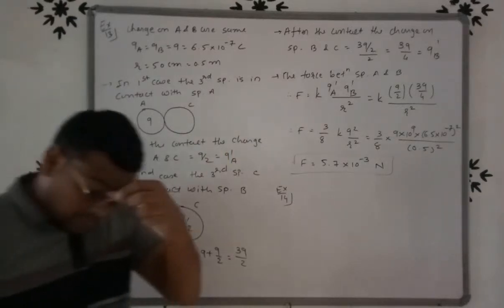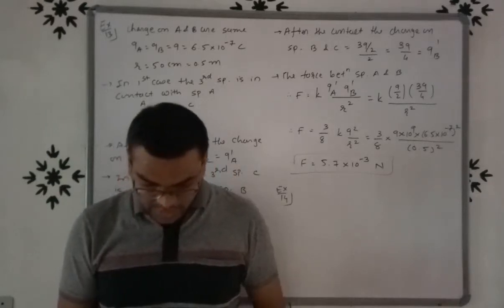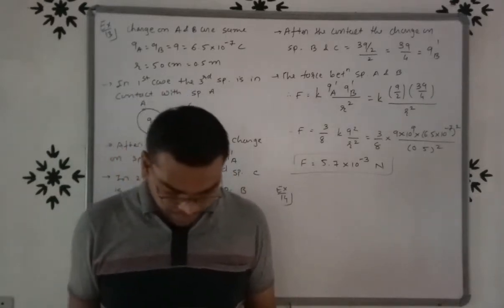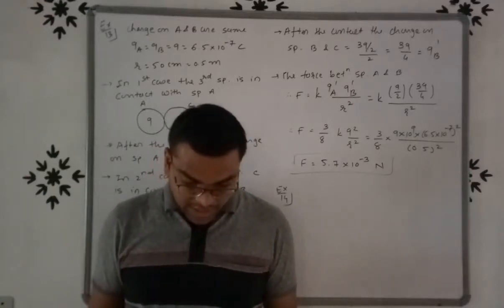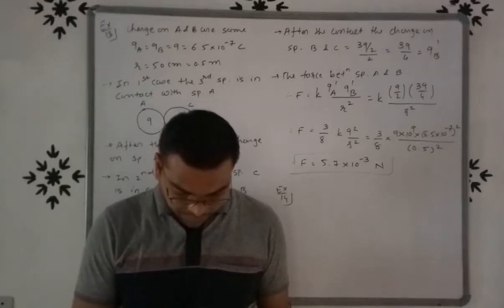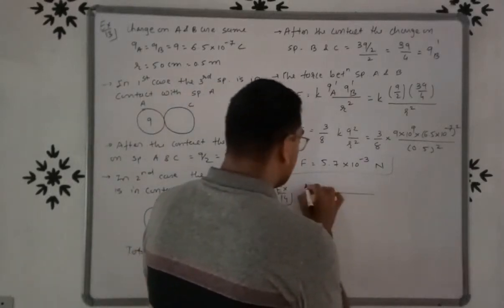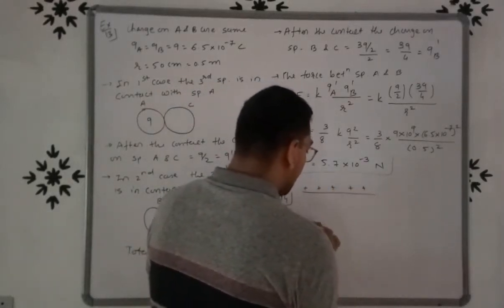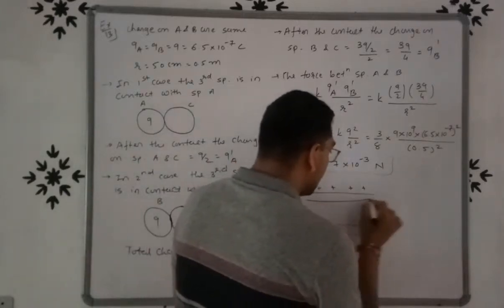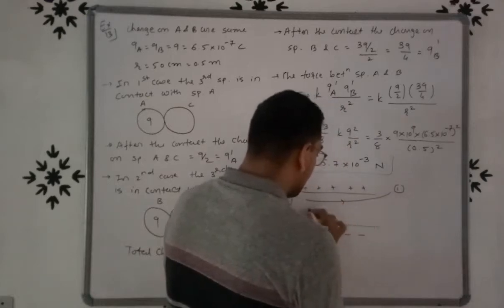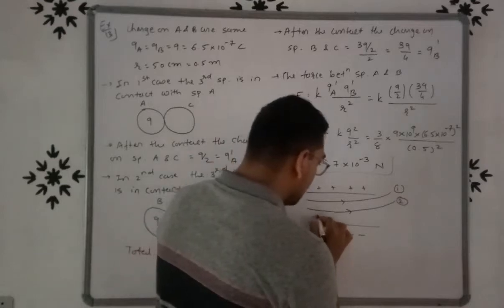Okay. Now example number 14. The figure shows the tracks of 3 charged particles in a uniform electric field. Give the sign of the 3 charges and which particle has the highest charge to mass ratio. And the figure is like this. This is positive and this is negative. The path is like this: first, this is second, and the third one is like this.